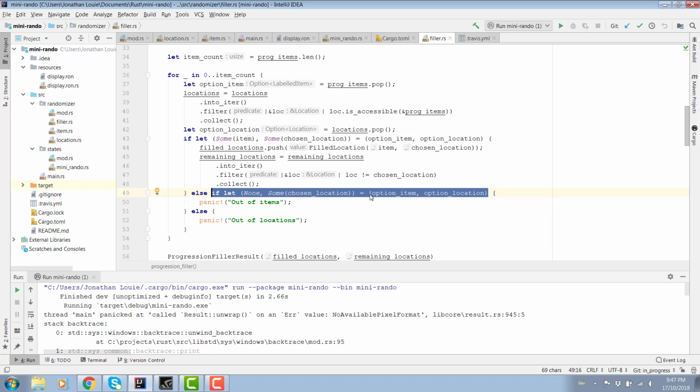If it is a Some, then we're okay. Otherwise, you know, panic. And then I'll do the same in this other case. And that seems to be adequate. So yeah, this pattern match is completely useless. I'm going to take that out right now.